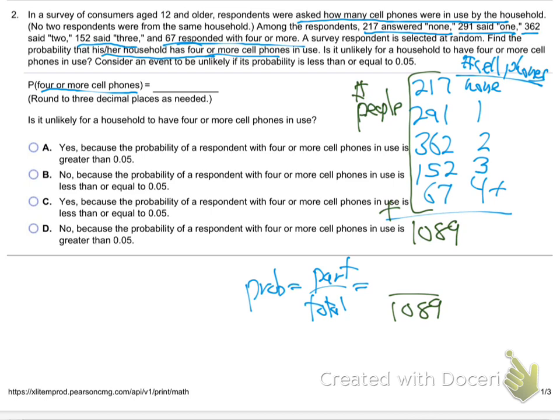And how many have 4 or more cell phones in their household? 67 people. That's the part of the whole group of 1,089 people that have 4 or more cell phones in their house. So if you divide that on your calculator, you get